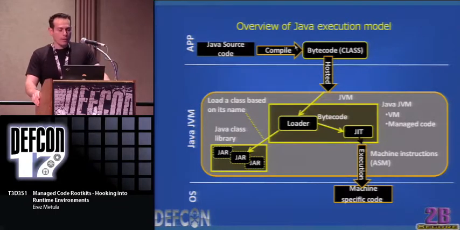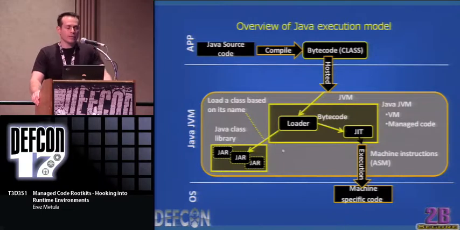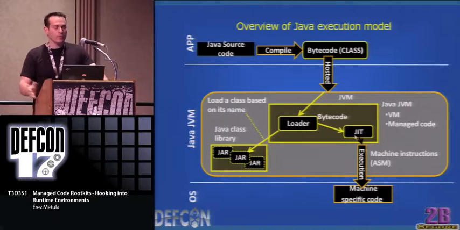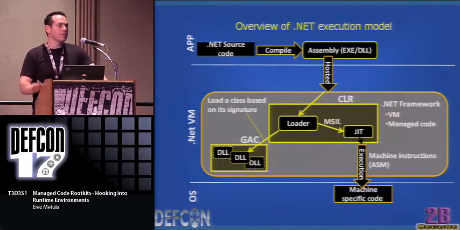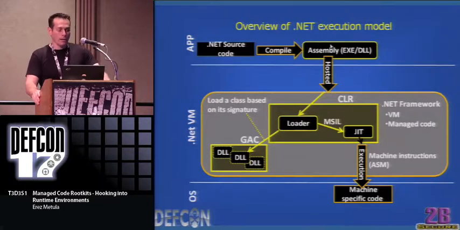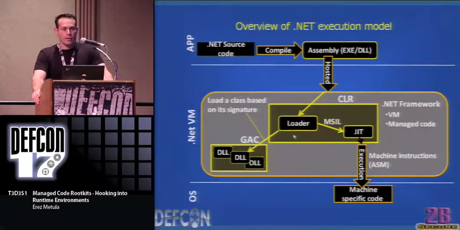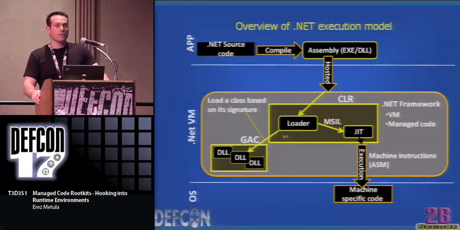So what are managed code rootkits, or MCRs? Managed code rootkits are user mode, application level rootkits hidden inside the managed code environment libraries. I know that most of you think that user mode is not like kernel mode, and kernel mode is awesome. In kernel mode we can do many things, but there are a couple of great things you can do in user mode. Although you are sacrificing a little bit of hiding, you can do very sophisticated attacks,